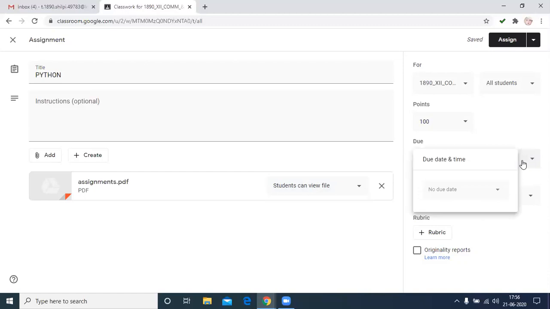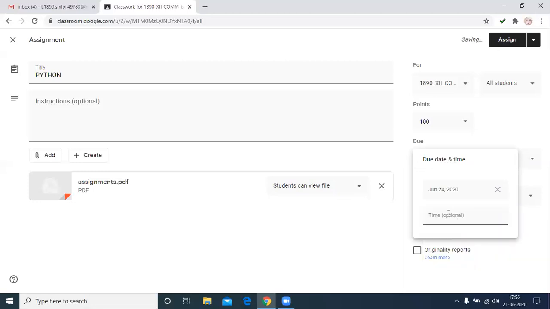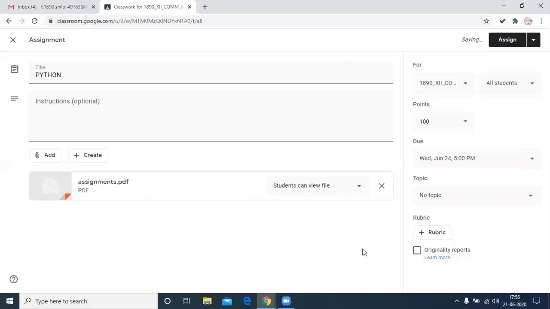There is also the due date. If we want to give a particular time limit, then we can choose this option. For example, if we want the student to submit by 14th of June, and the time may be 5 p.m. This is the limitation of time. This is also useful when we create an exam. If we give the question paper and want a particular time, then we give the limit.